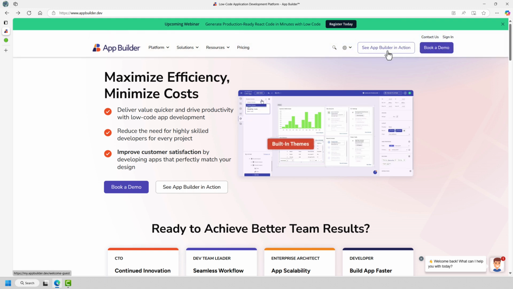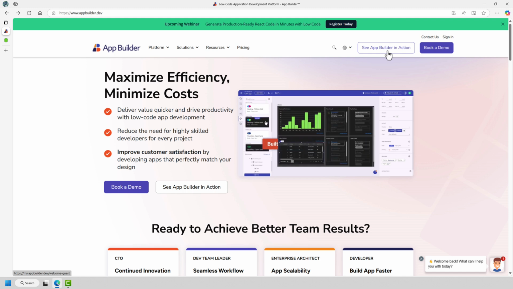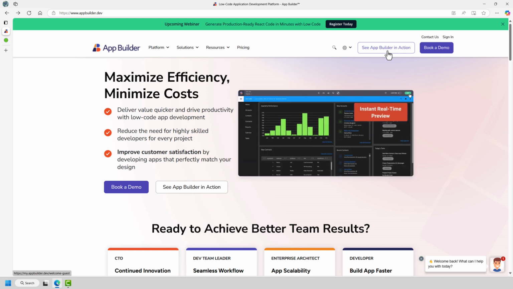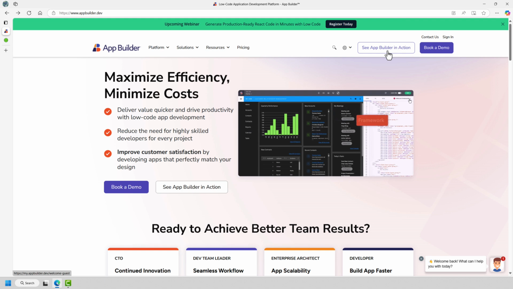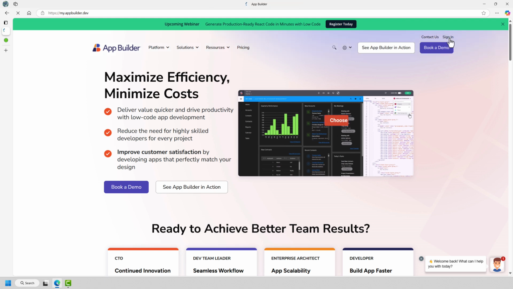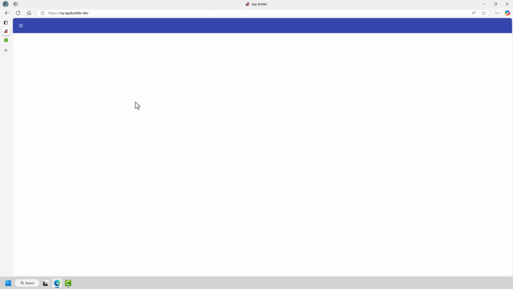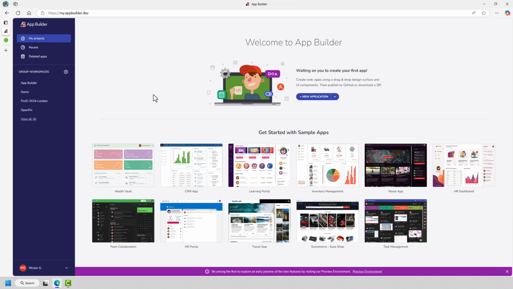When you see App Builder in action, you jump into basically a test experience where you don't have to log in right away. You can still experience the application, and then eventually when you try to view code or publish something, it says, hey, why don't you log in to start your trial? I've already started my trial, so I'm going to click sign in,